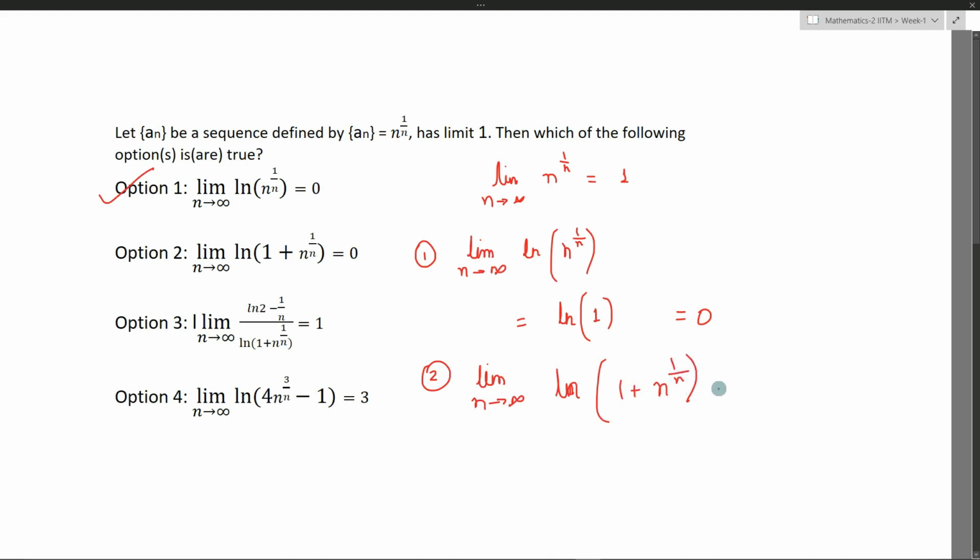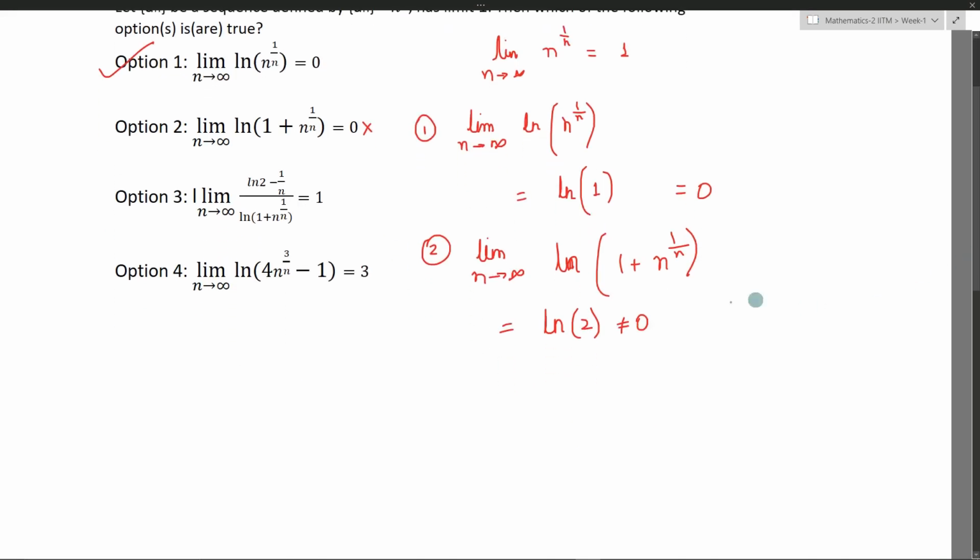Again I have ln 2, but ln 2 is not equal to 0. Second option is wrong. So I'll have option 3, I have limit n tends to infinity ln of 1 plus n to the power of 1 by n,